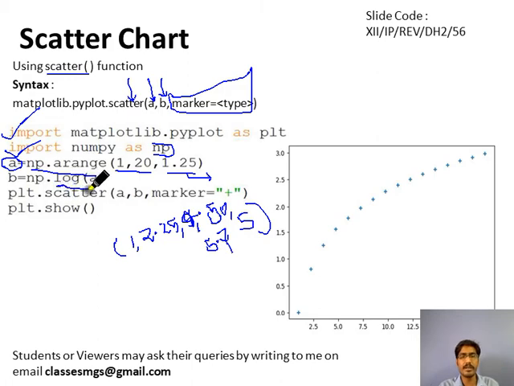And we are calculating the log of each value, and we want to plot the log function through the scatter method. So this is the log function graph. We are showing it as a scatter graph. We are not drawing the line because we are using the scatter method. The scatter method will not draw a line between the two marker points. Okay, it will simply highlight the markers as per the given style. Like the plus we have given here, so plus will be displayed at the adjacent points. Okay, this is how you can draw the scatter graph through the scatter function.